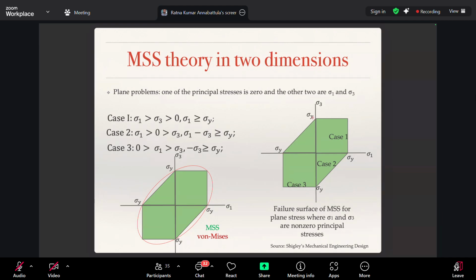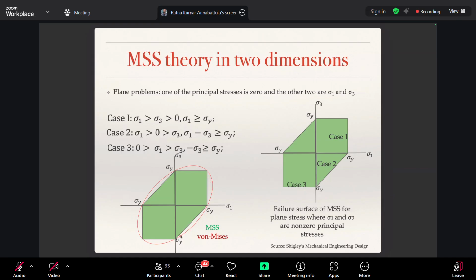So eventually this is the boundary that we have generated with these cases. Similarly, you can generate 6 other cases by interchanging sigma 1 and sigma 3. Then you will get this line, that line and that line. So this enclosure, which is a hexagon oriented at an angle 45 degrees, is the locus of the maximum shear stress theory. And on the top of that, if you superpose von Mises theory, this is how the von Mises theory locus looks like. So now you only focus on the boundaries of these 2 theories.